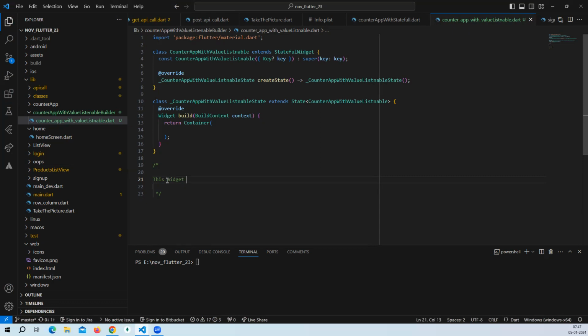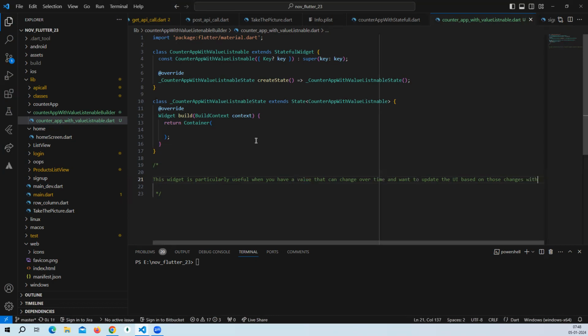This widget is particularly useful when you have a value that can change over time and want to update the UI based on those changes